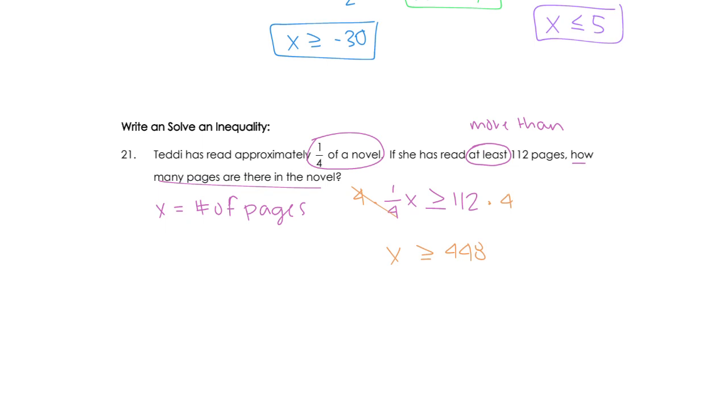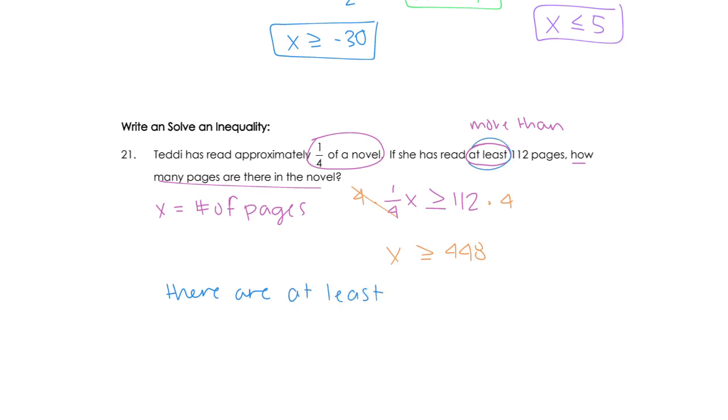And then again, since it's a word problem, we need to answer in words. Now, it's very easy to say Teddy has read 448 pages, but that's not the question they're asking us. The question is, how many pages are there in the novel? So we would say there are, and again, because it's an inequality, we have to be careful. We have to include that inequality in some fashion. So there are at least,